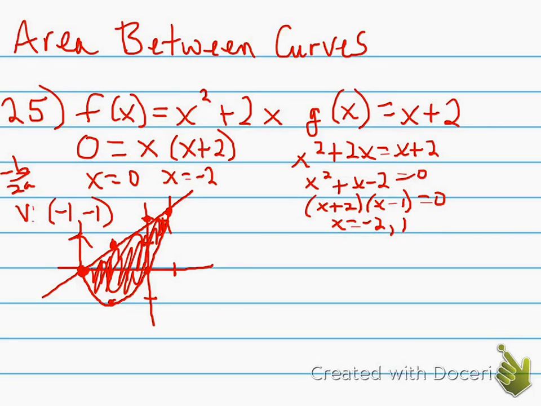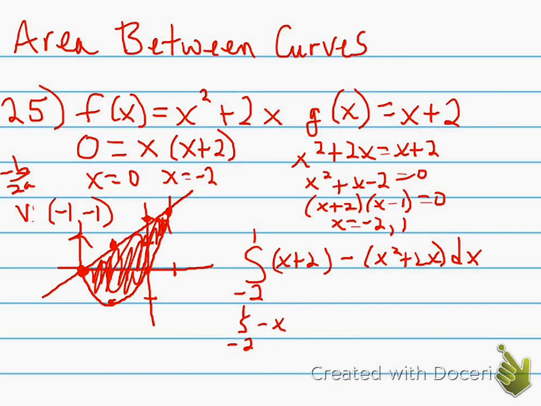So I'm going to integrate from left, which will be negative 2, to the right, which is 1. The top always comes from my linear function, minus my bottom, which is the parabola. And there's the integration problem. I'm going to simplify this algebra first, so I end up with the simplified integration negative 2 to 1 of negative x squared minus x plus 2,